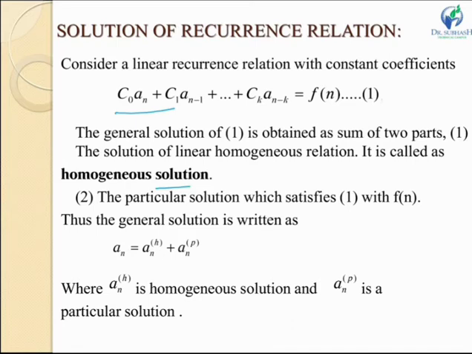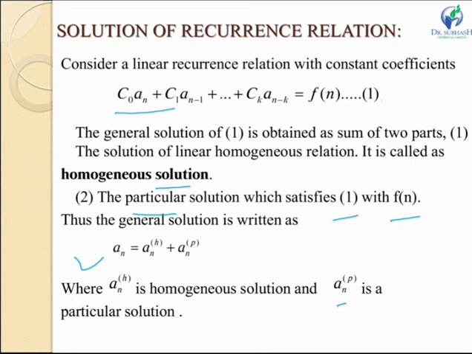The second part is the particular solution, which satisfies equation 1 with f(n). The general solution is given by a(n) equal to a(n)h plus a(n)p, where a(n)h is the homogeneous solution and a(n)p is